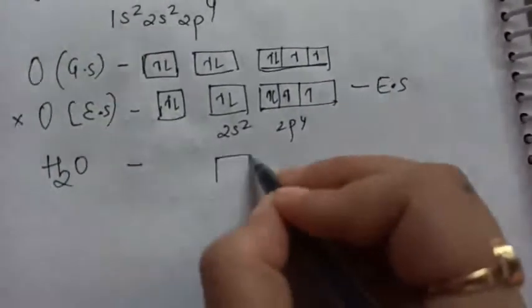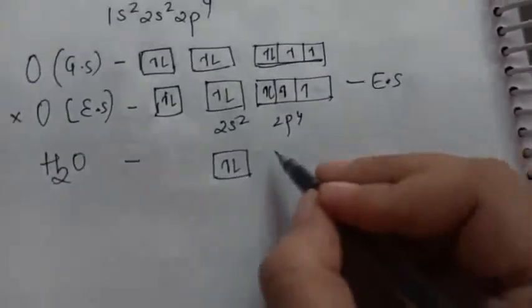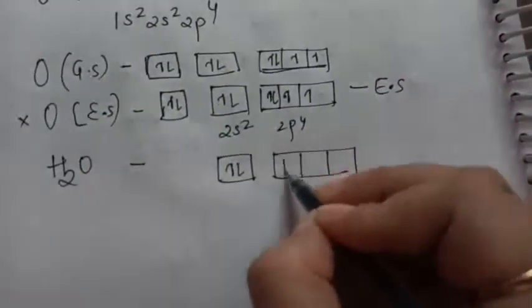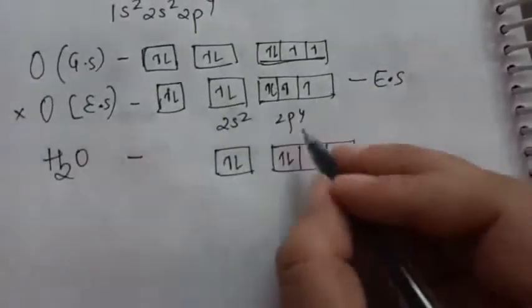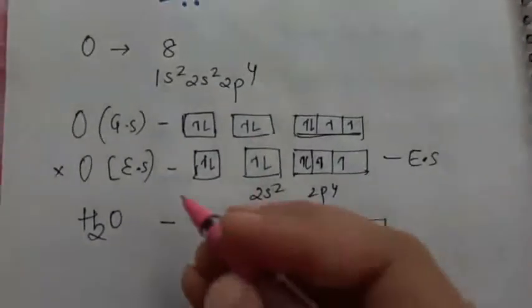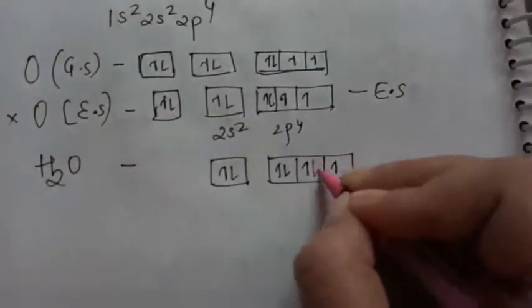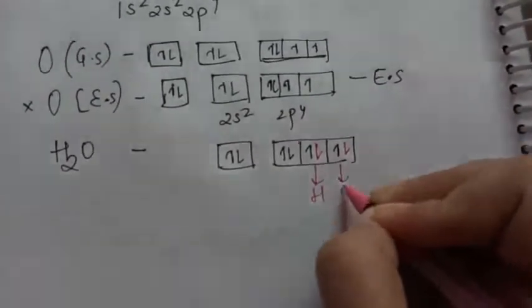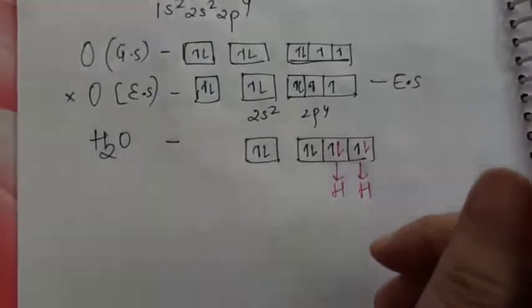Now you see, pay attention over here. 1, 2. These 2 electrons I have drawn all together, 1 and 2. These black electrons are of again your central metal atom, that is your oxygen, and hydrogen comes and keeps its electrons here like this. Now you see, in the formula, have you paid attention?